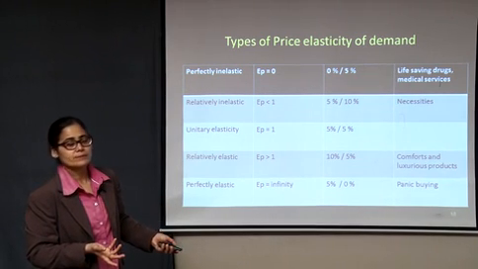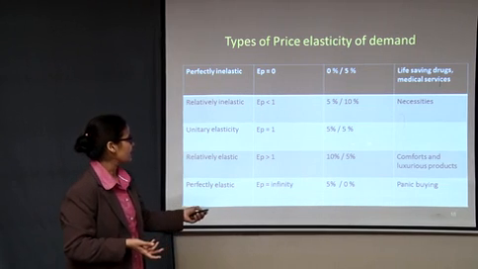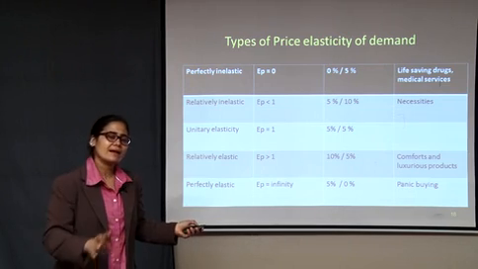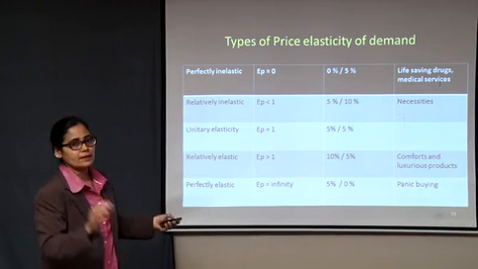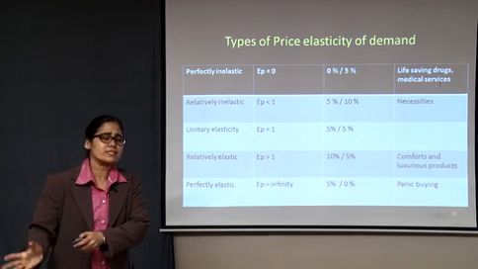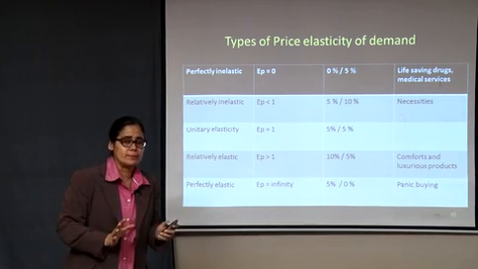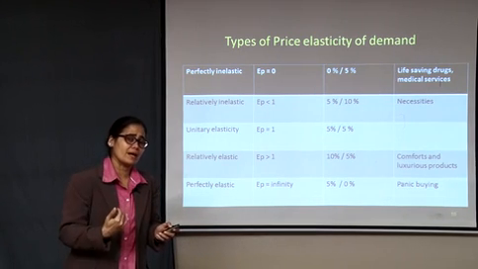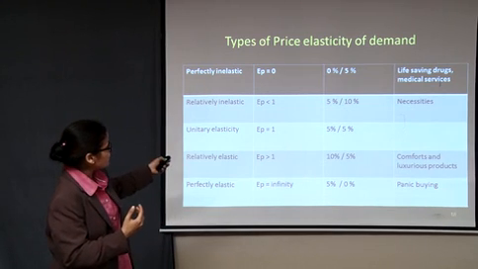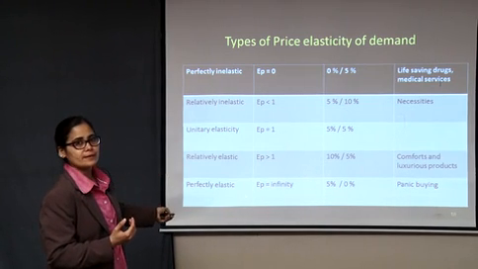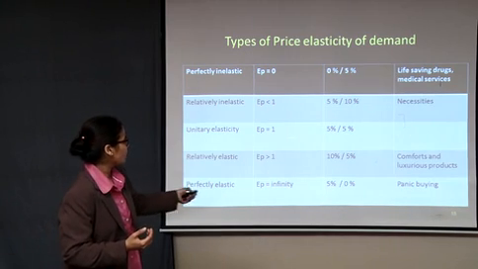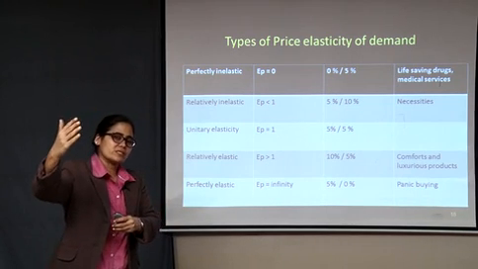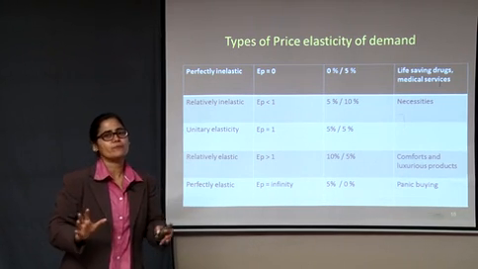Are you understanding this? If you look at this third case, I have kept it blank, because you very rarely get products coming exactly in unitary elastic. So a 5% price change and exactly a 5% demand change, this will not happen always. Usually our market will either fall into the inelastic category or the elastic category. So here we call this unitary elastic a divider. It is dividing between the inelastic and the elastic category of products.